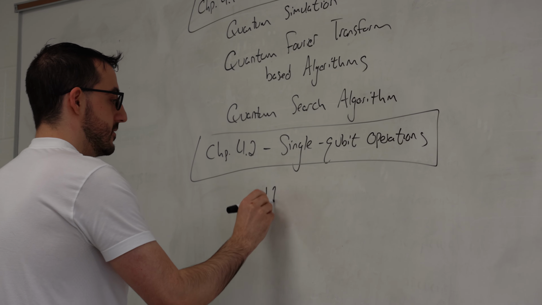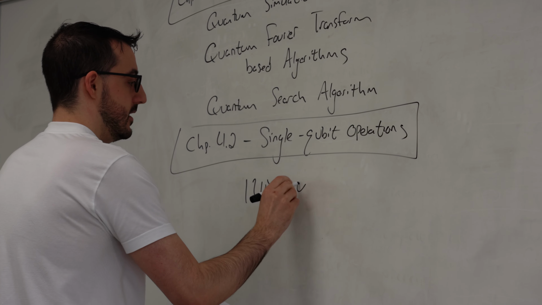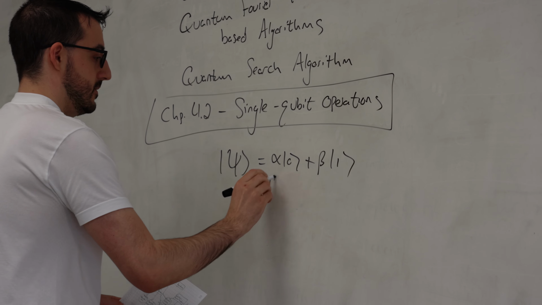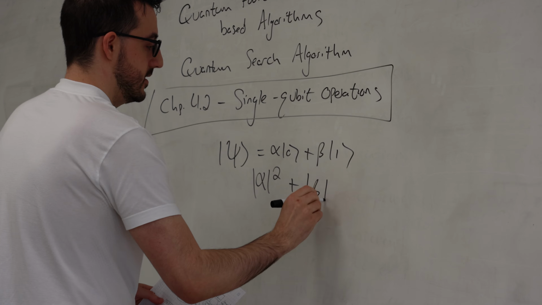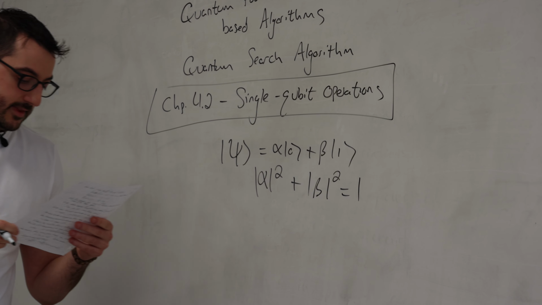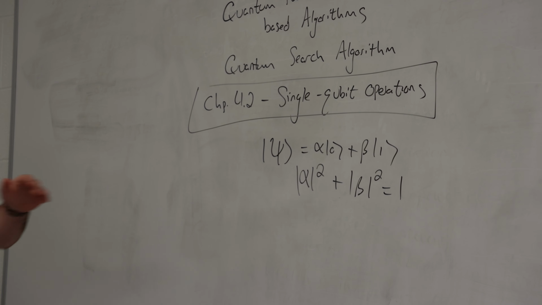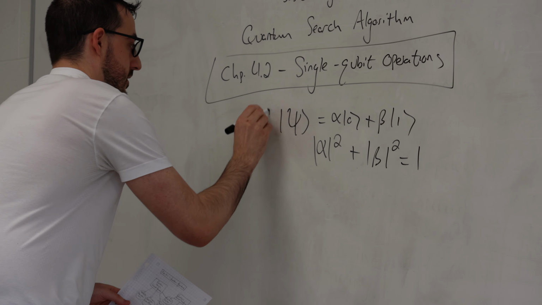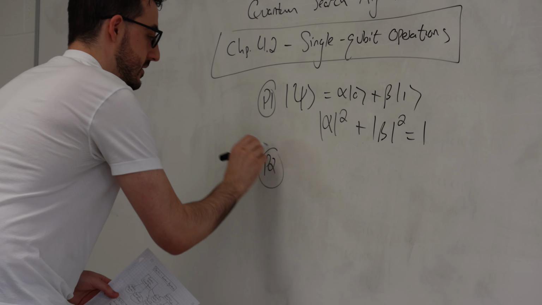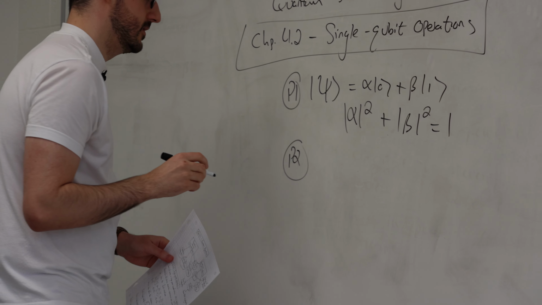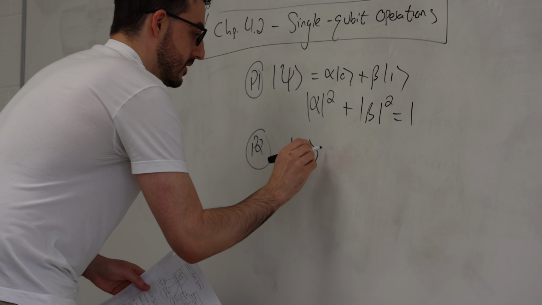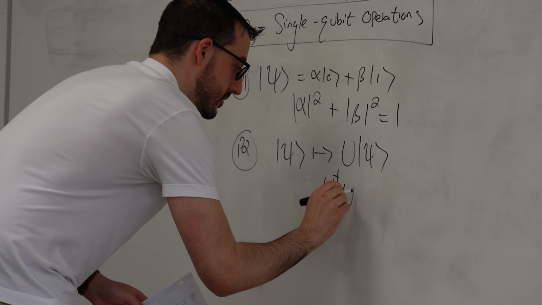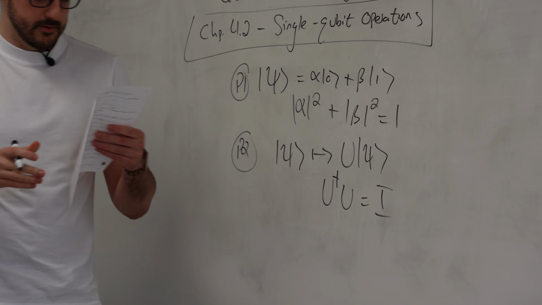Recall, of course, single qubit wave function, psi being alpha 0 plus beta 1, where mod alpha squared plus mod beta squared is equal to 1. And then the second postulate, this is the first postulate, the second postulate tells us that time evolution, at least before we measure, is going to be unitary. So psi gets mapped to U psi, where U dagger U is equal to identity,